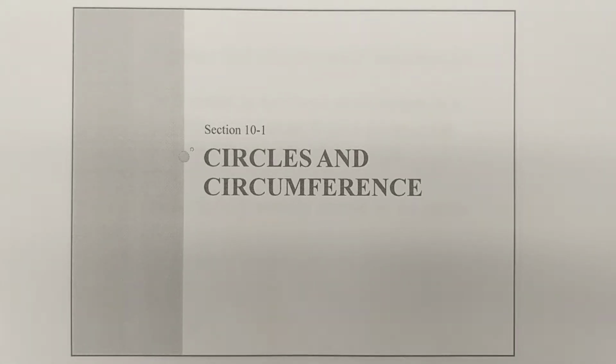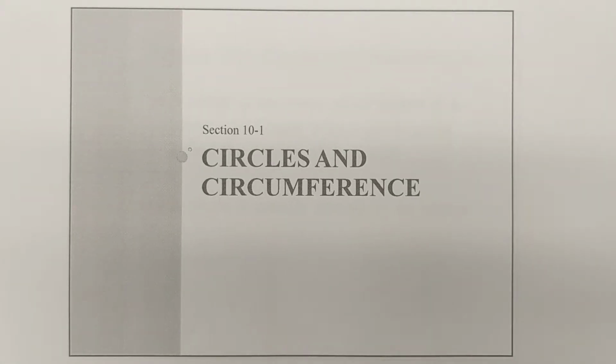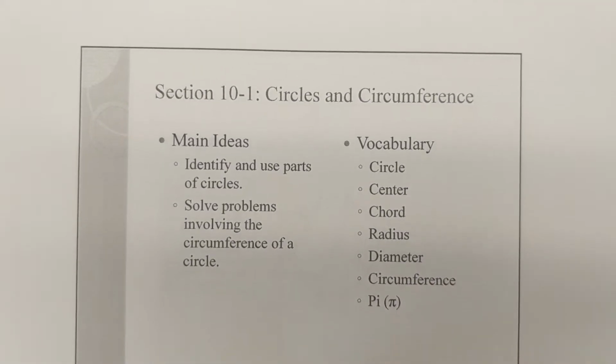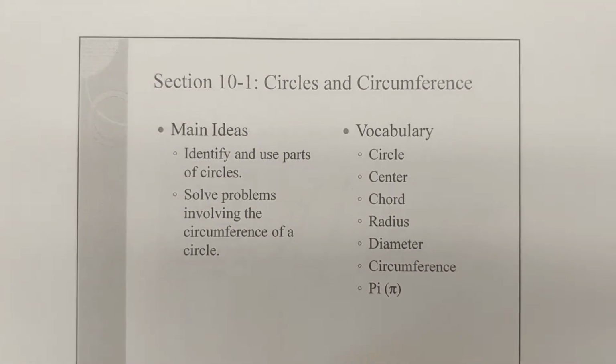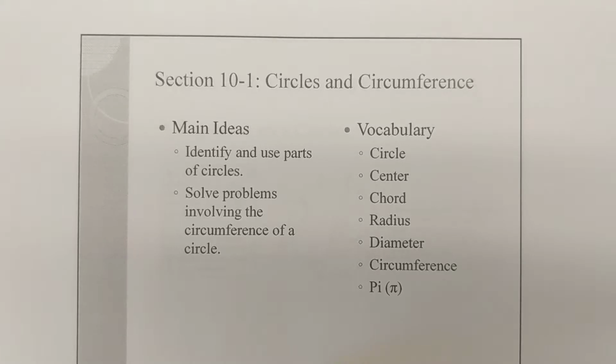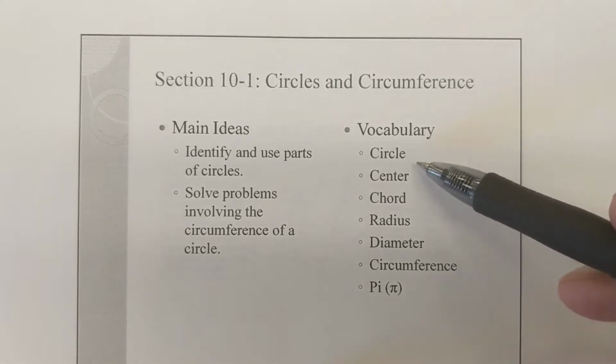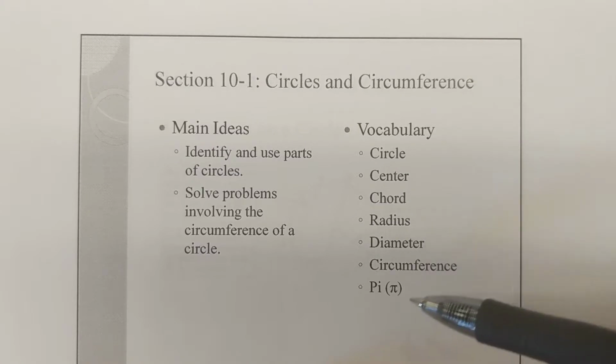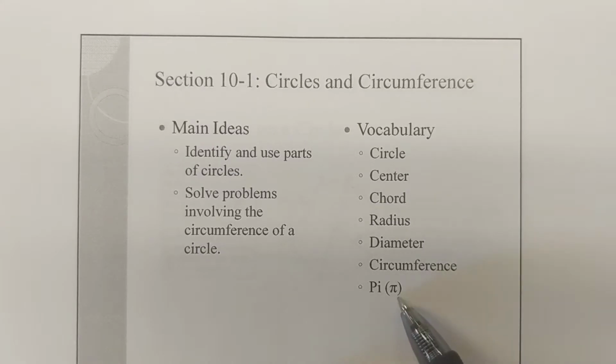All right, here we have section 10.1, dealing with circles and their circumference. So main ideas: identify and use parts of circles and solve problems involving the circumference of a circle. There's our lovely vocab: circle, center, chord, radius, diameter, circumference, and the number pi, which is the lovely symbol